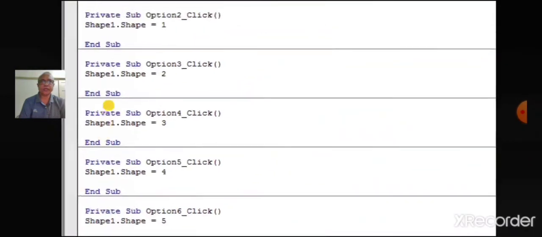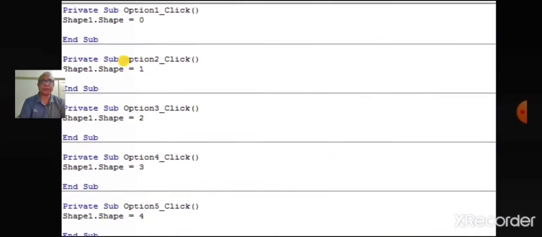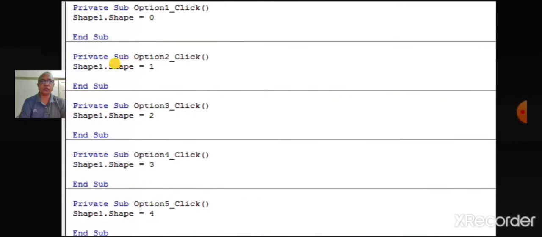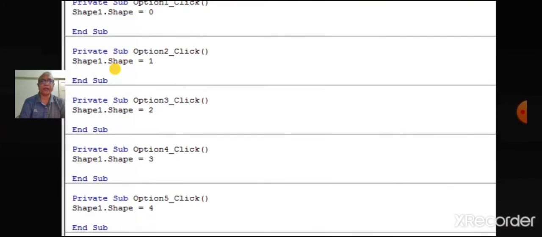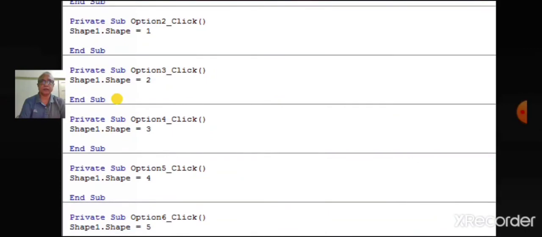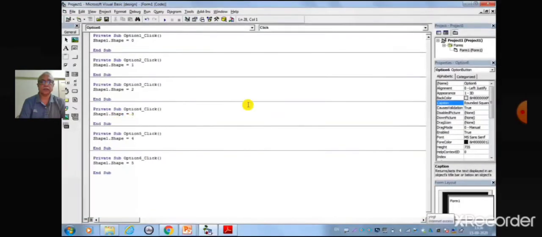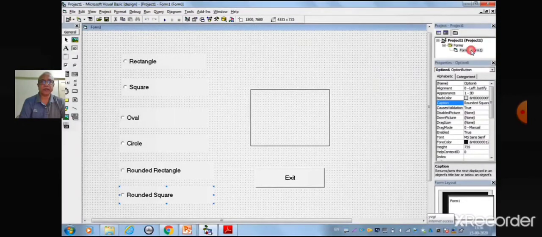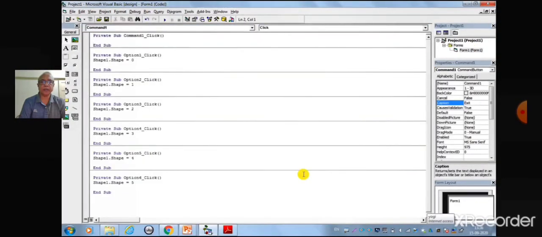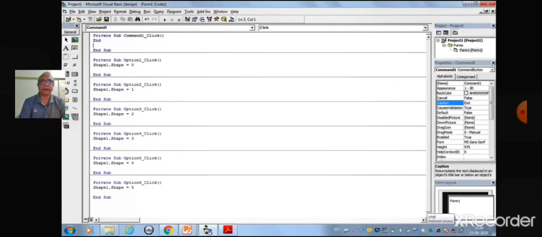Children, you can see that different shapes are represented by different values as 0, 1, 2, 3, 4, 5 respectively. Now go to the form design window, click exit button and write the code as end.